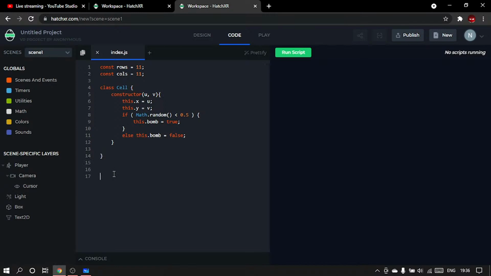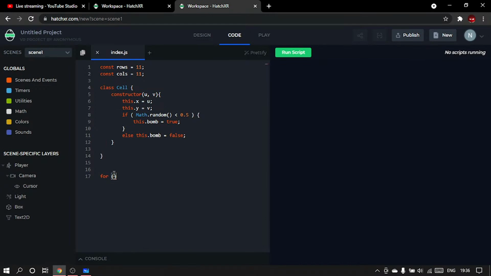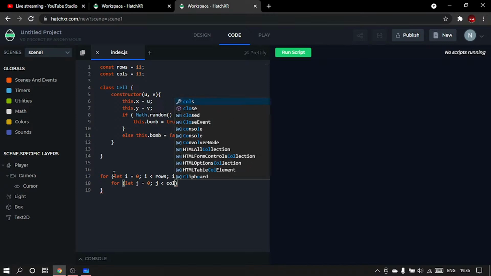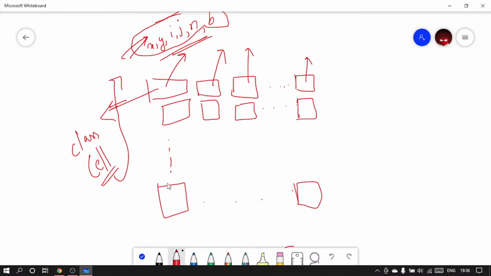So I'm going to define a for loop. For let i equal 0, i less than rows, i plus plus. And inside this we are going to write another for loop: let j equal 0, j less than columns, j plus plus. Why are we doing this? I'll show you. So if I go to my whiteboard here,